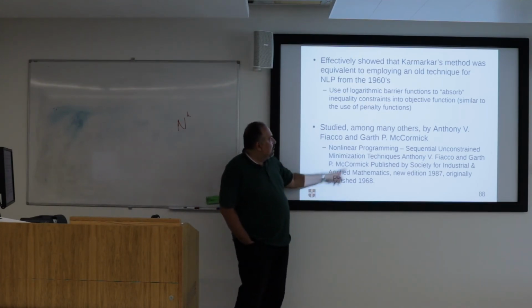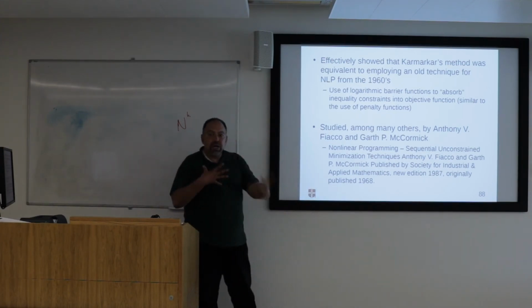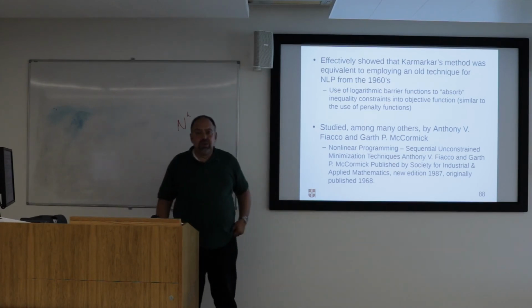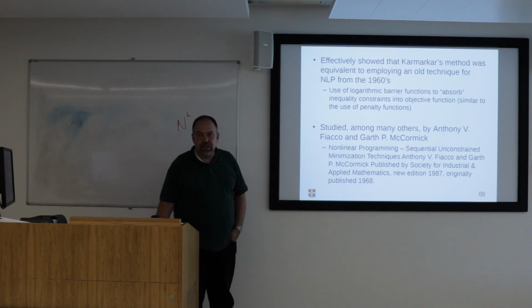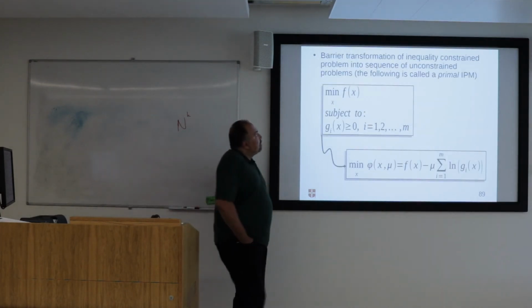The ideas are published fully in 1968, but the connection was not made, and the polynomial time complexity was not known until all this was connected together in 1986. So the barrier transformation